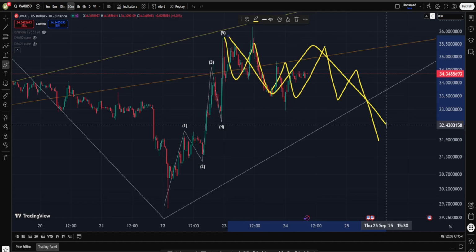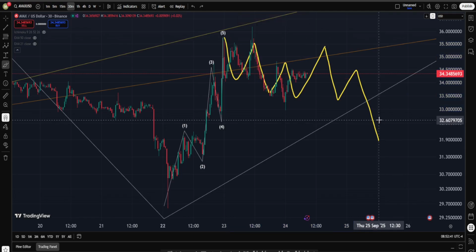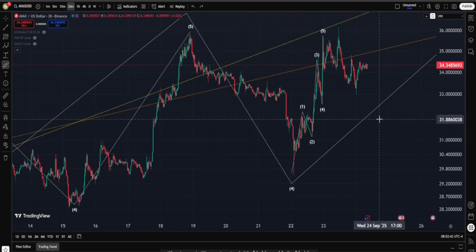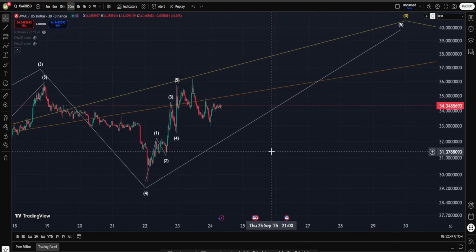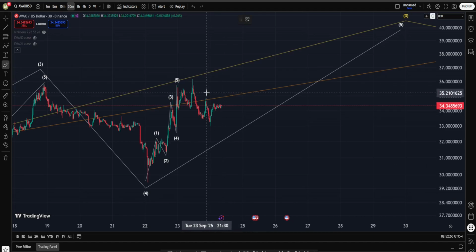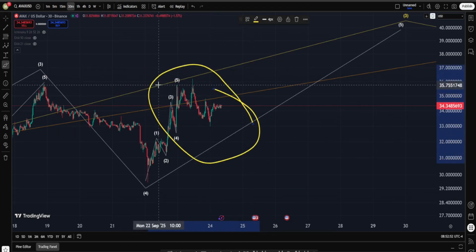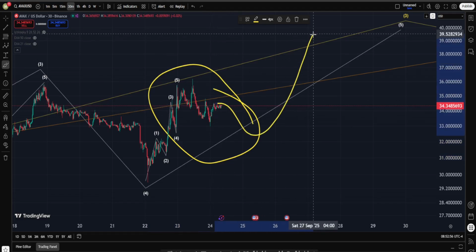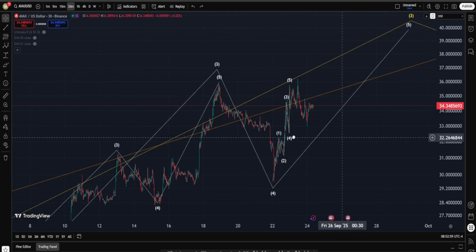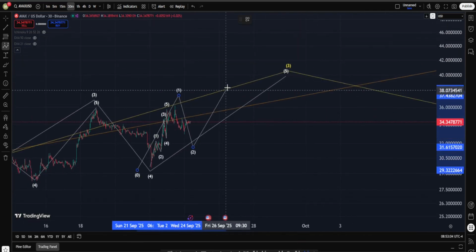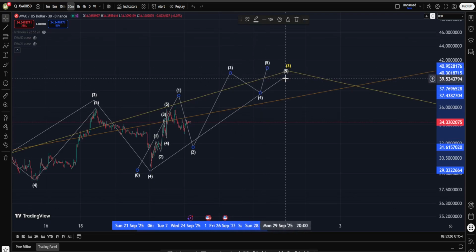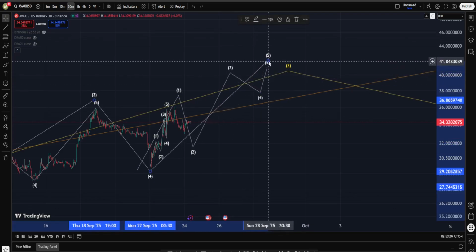Now, the reason that I'm not really maneuvering over this structure way too much is because honestly, it doesn't really matter. You see, one way or the other, in AVAX, I think we are still most likely looking very much optimistic, and this is going to be just a temporary rejection from these levels, suggesting, you know what, we are just gathering the power for the next phase on the upside. And if you want to be really optimistic, you can argue this is 1, this is 2, and what's next? Great move up into wave 3, 4, 5, which is going to be into this wave 5 right in here.